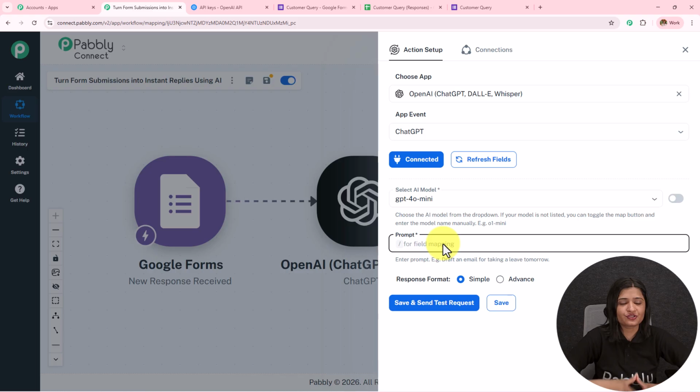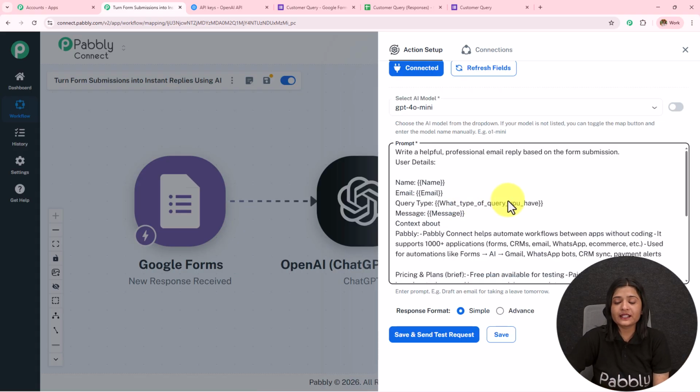detailed instructions. So I'm going to add my Google form response, and then I'm going to ask my AI agent, providing all the knowledge about my product and my services or my business, that these are the details about my business, and whenever you receive a query related to this, you have to reply in that manner. I'm going to enter the prompt like, here I've entered the prompt: write a helpful professional email reply based on form submission. Now here I'm going to enter the form submission details, but I'm not going to enter these details